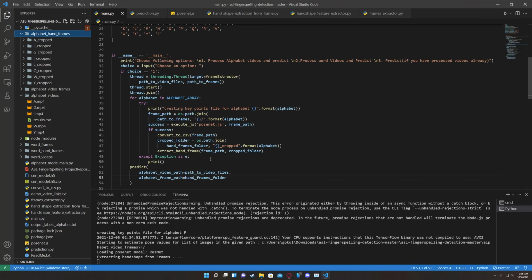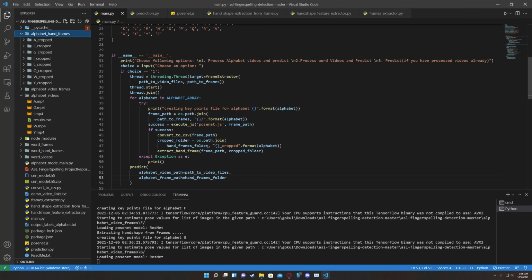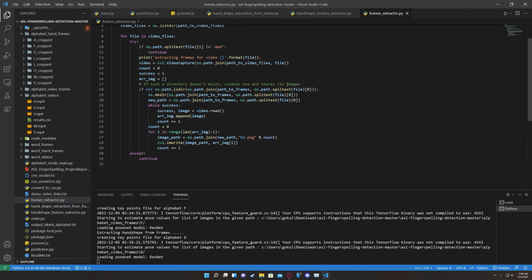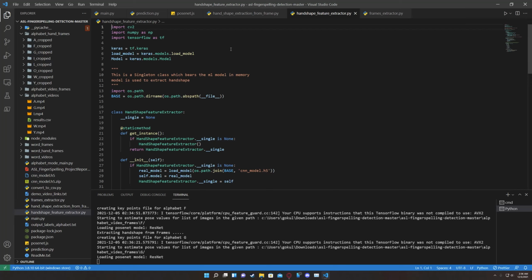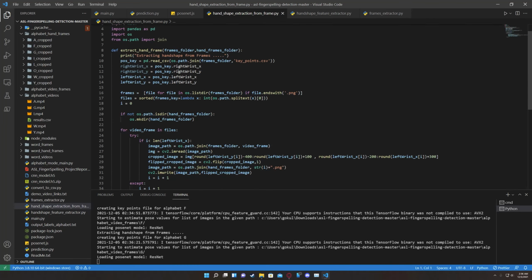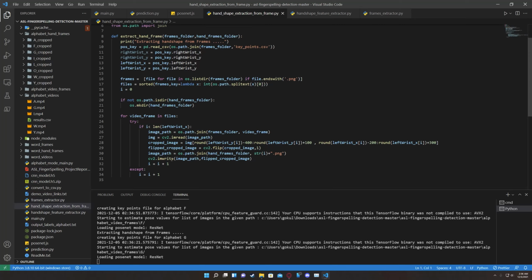The extract hand frame method takes the coordinates from the left and right wrists as the input. As I've already told, it takes the left and right wrists as the input, subtracts the 400th coordinate, and it outputs the final image. The resulting or final image is flipped, which is why it subtracts 100 to 400 or a few coordinates, and then the output is sent into a hand frame extractor folder, which is saved in an image format.